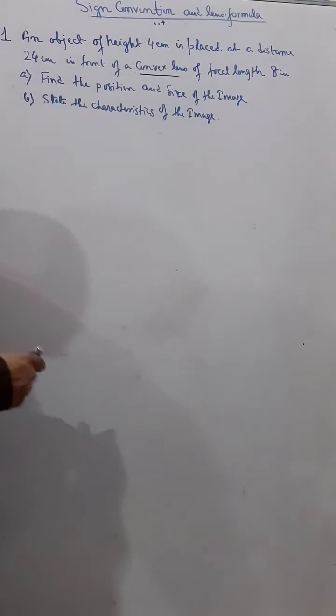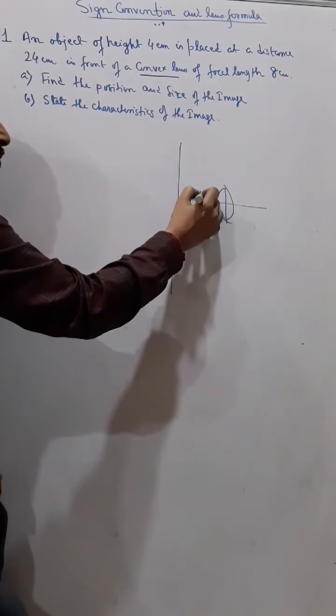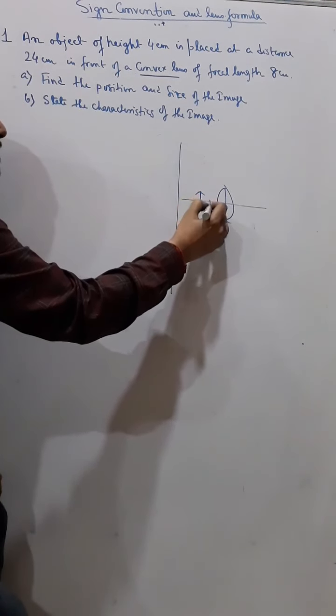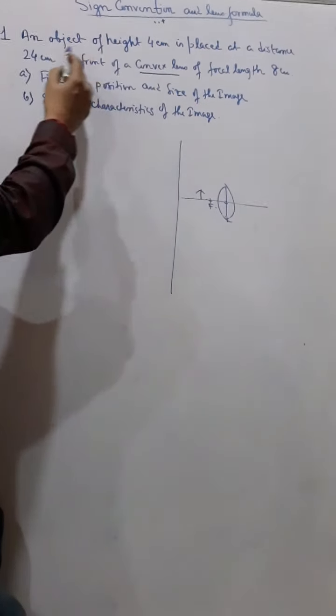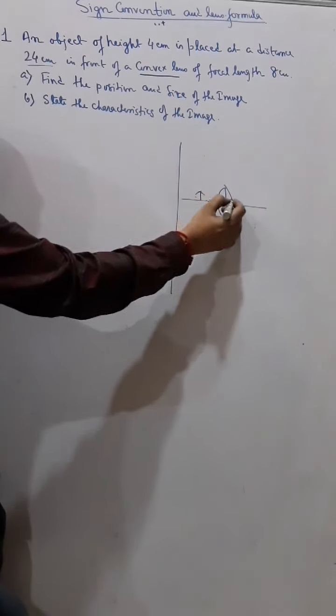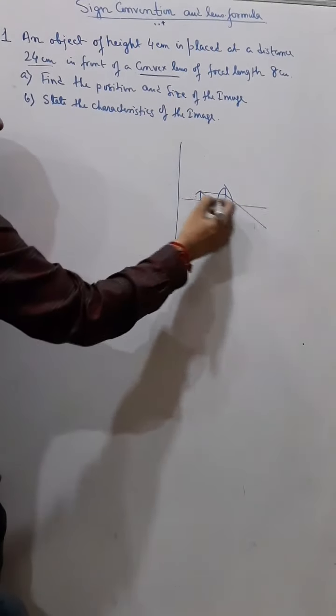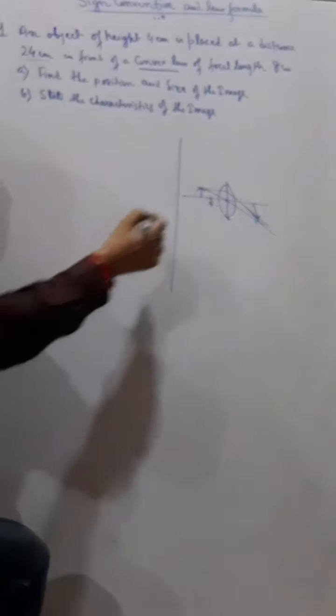So you know that in a convex lens, okay, I'm just explaining in rough. If you remember, in a convex lens, the object will be here. This is the focus maybe. Okay, the focus is 8 and they told the object is at 24 centimeter distance, and you know the image will be this side, right? Image will be this side. So you can understand f is positive, focal length is positive.